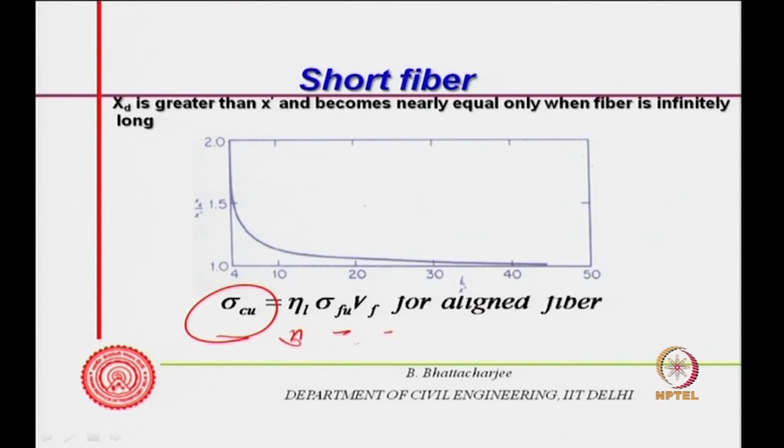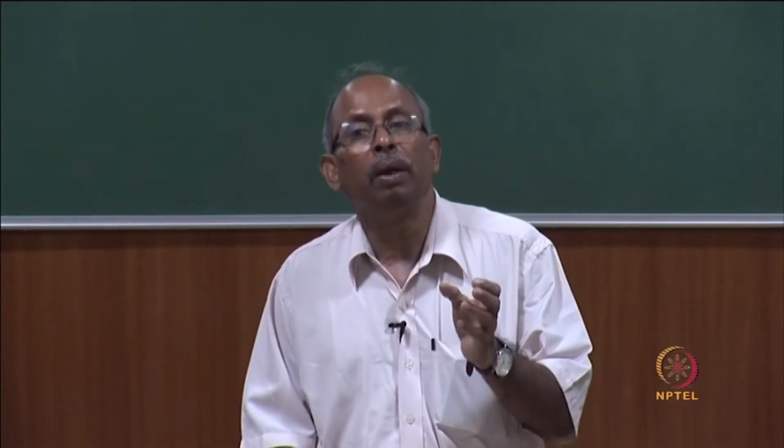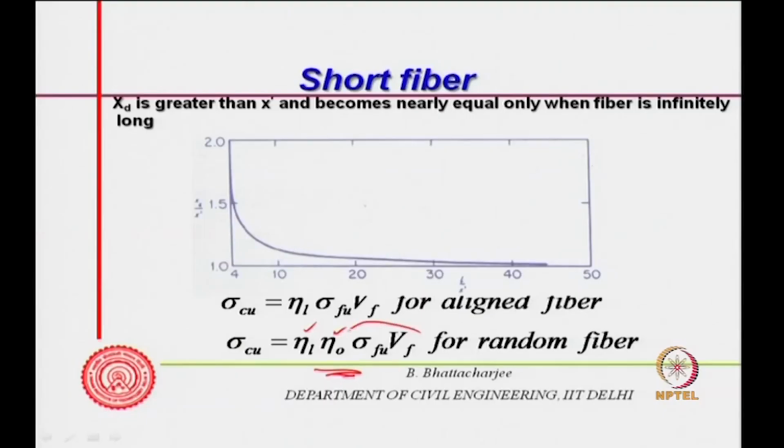and if they are not aligned, then for randomly oriented, both these efficiency factors must be taken into account, sigma f u b f, in the composite strength. So, the composite ultimate strength will be given by this. At failure it will be epsilon mu. Now, if this is less than E c into epsilon mu, then you will find the behavior is like this,